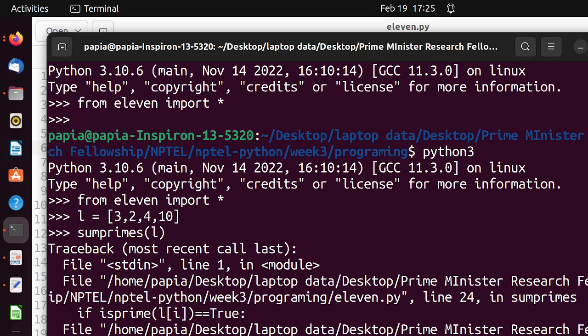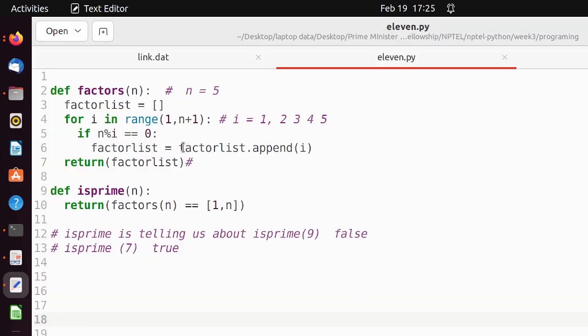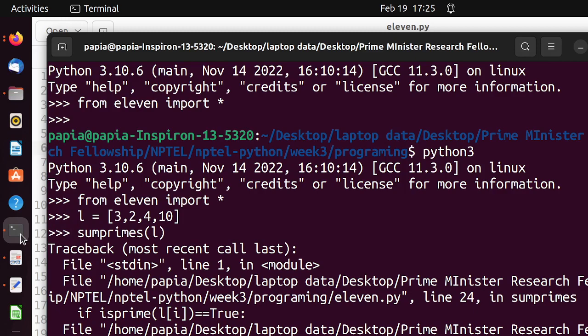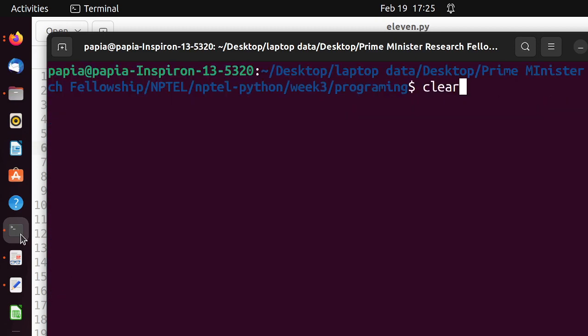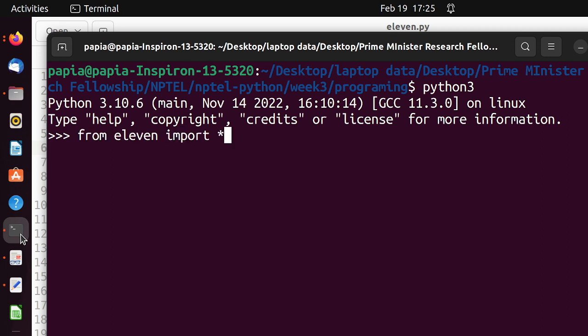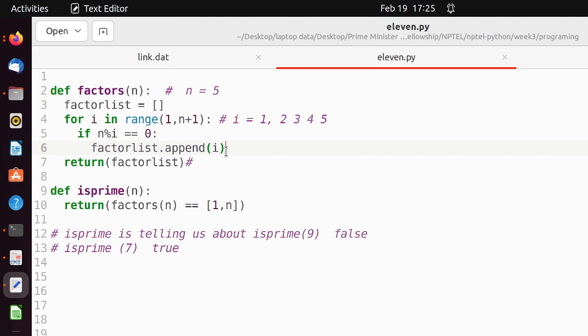Only factor list dot append I, not factor list equal to. Fine. So it's also working, because append is nothing but writing something equals to something plus